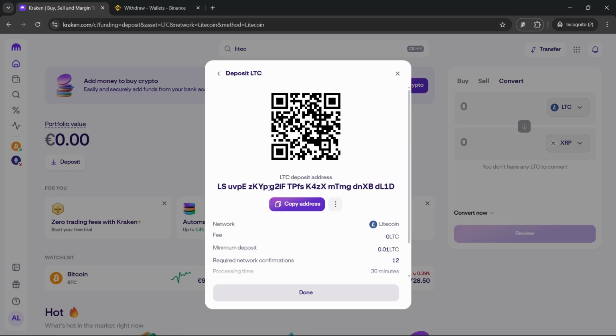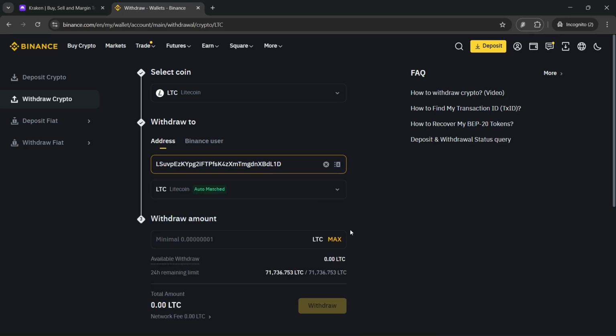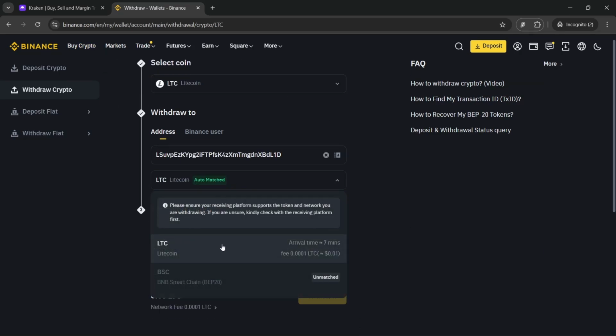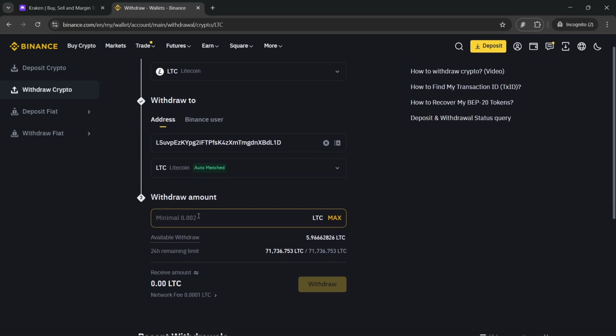In my case, I will be doing a deposit from my own Binance account. So let's say I want to send my Litecoin deposit address. I will just copy it, send it to the person, and what they need to do is paste the address, for example, on Binance, then select Litecoin on the network, which has been automatically matched, and now set the withdrawal